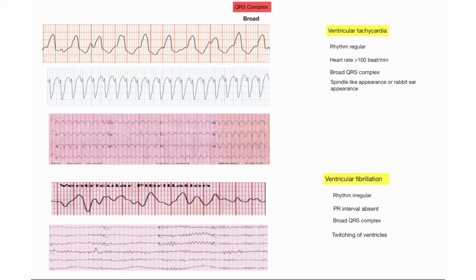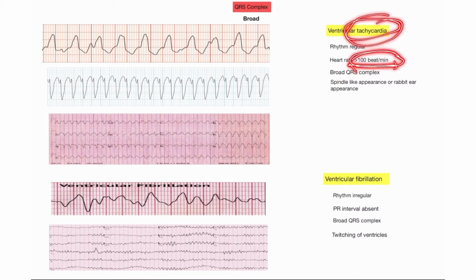And also you will see here, this is also a graph of ventricular tachycardia. This is also the ECG of ventricular tachycardia. Here you will see a regular type of rhythm in this graph, but in the fibrillation condition you will see an abnormal type of rhythm present. So the rhythm is irregular. In ventricular tachycardia, the heart rate is always tachycardia.